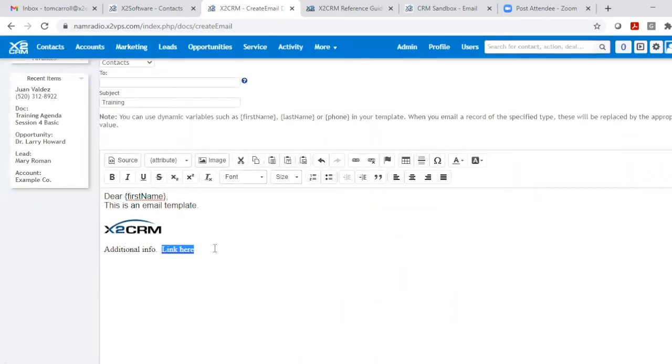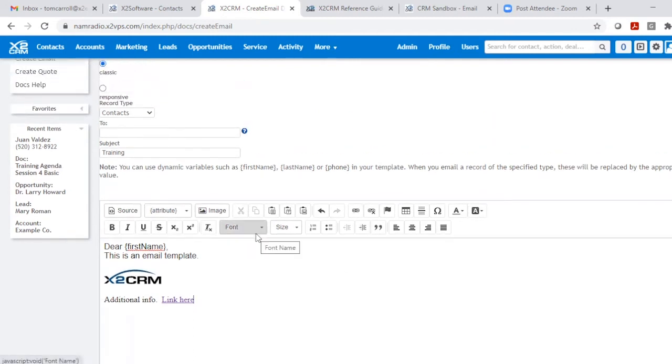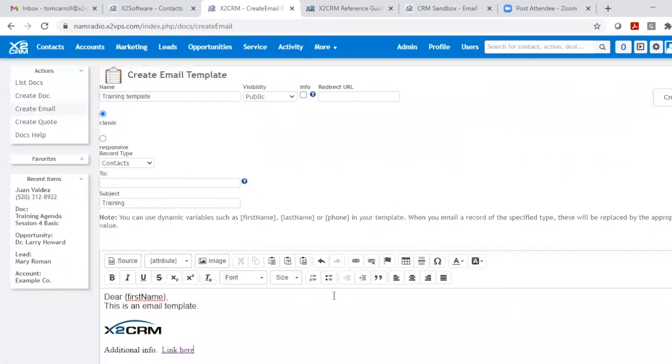And that we'll put the link, and notice it turns it into blue. And when the person receives the email, they can click on that and it will be redirected to the X2 website. And there's several other formatting things I will do. I'm not going to go into it in this particular session, but feel free to play around with that and